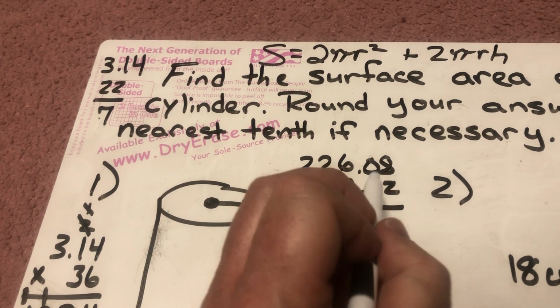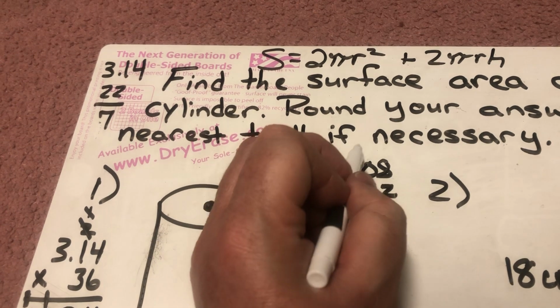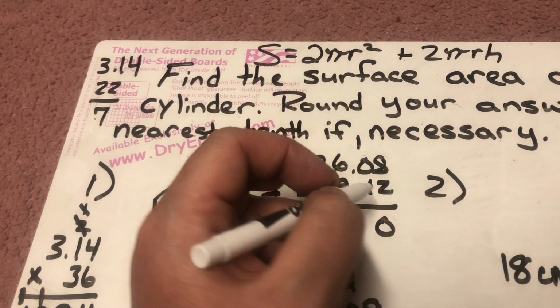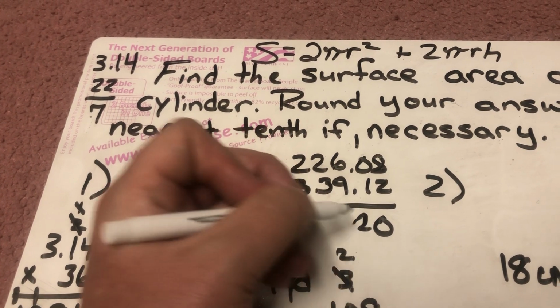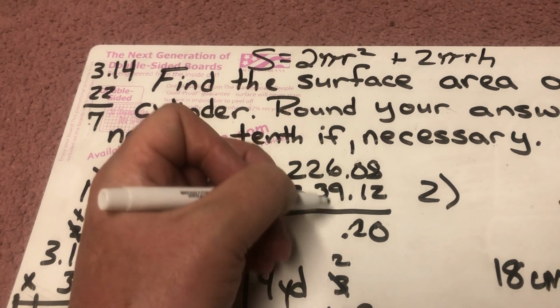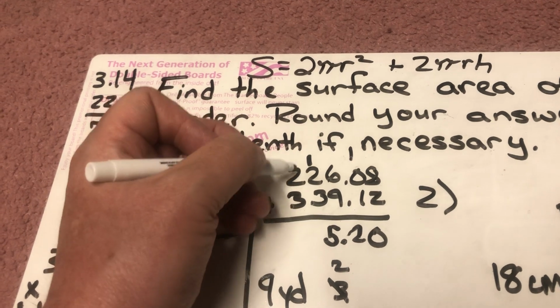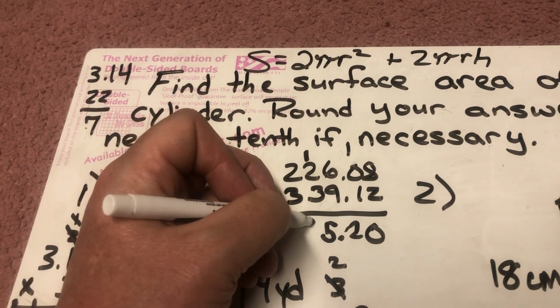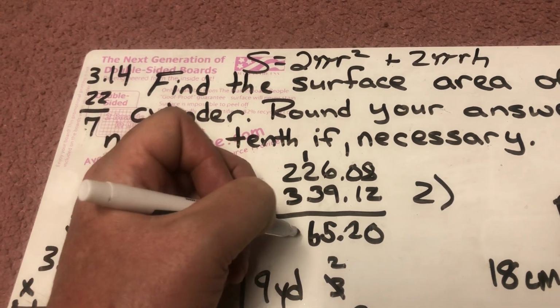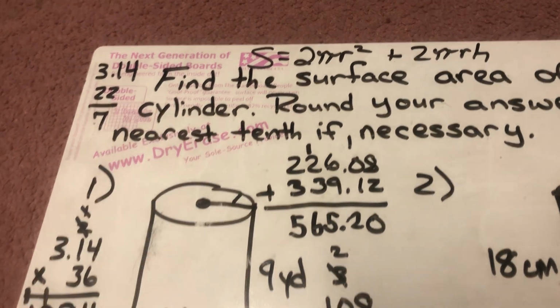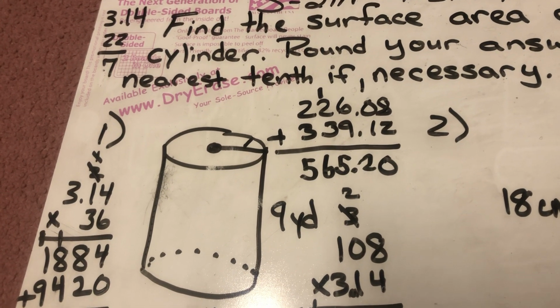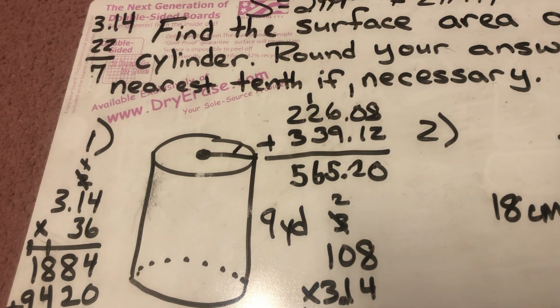339.12. 2 plus 8 is 10. Put the 0 down. Carry the 1. 1, 0, and 1 make 2. Drop the decimal. 6 plus 9, 15. Put the 5 down. Carry the 1. 1 plus 2 is 3. Plus 3 is 6. 2 plus 3 is 5. 565 and 20 hundredths